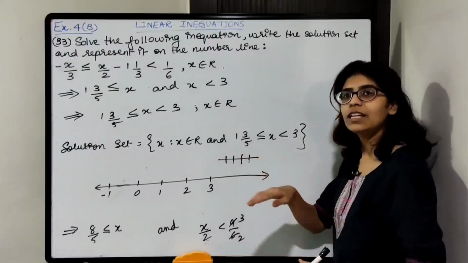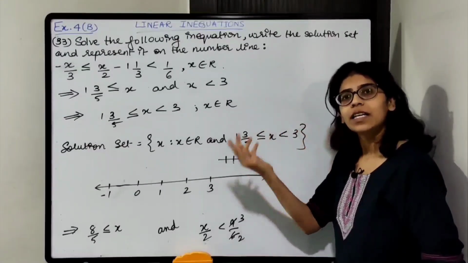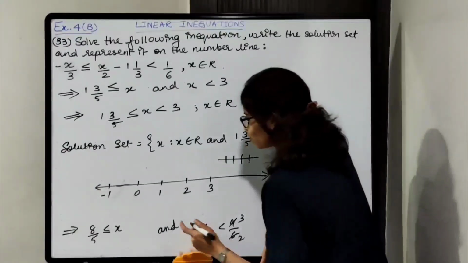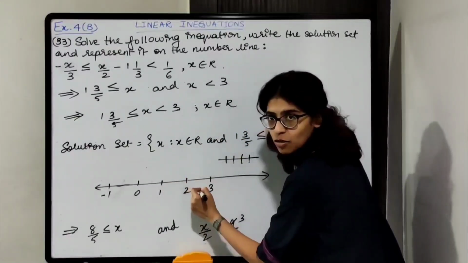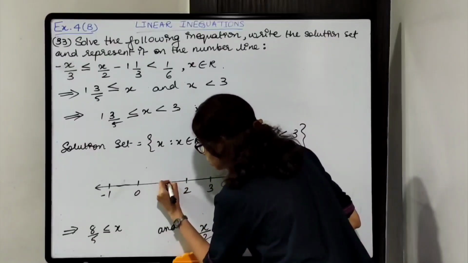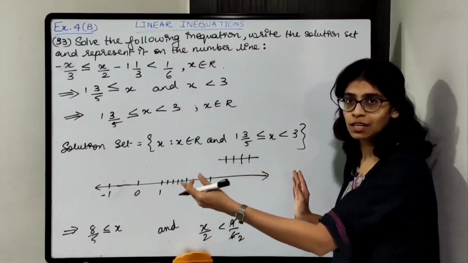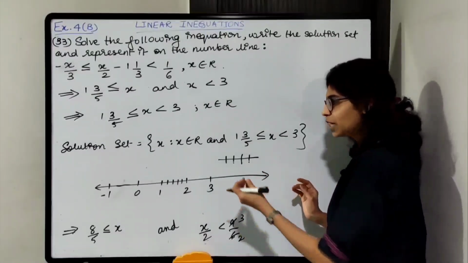So for 5 parts, 4 lines; for 4 parts, 3 lines; for 3 parts, 2. Okay, so I hope you are getting an idea. So for 5 parts we will draw 4 lines. The length should be equal. 1, 2, 3, 4. So you can use a scale. With the help of a scale, you can easily draw. Okay. So take proper measurements.